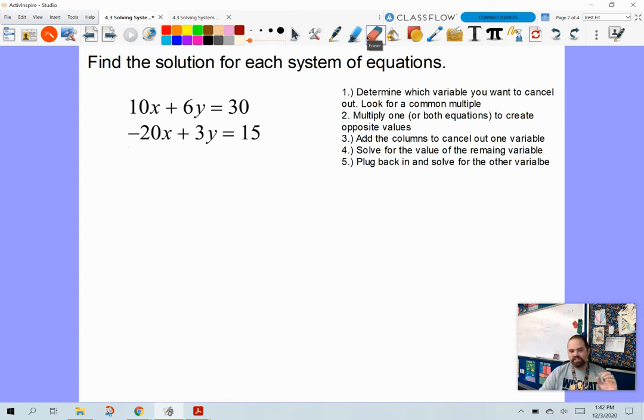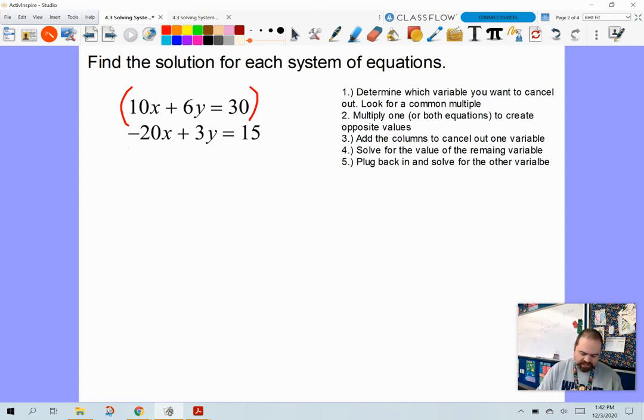Now, these problems today, just to get your feet wet and get you used to it, I picked problems where I can take 10 and easily multiply it by 2 to turn it into a 20. Now, I'm looking at the two numbers on the x, and I'm deciding if I can use one number to cancel out the other. I feel like I'm not quite saying that 100% the way I want to,